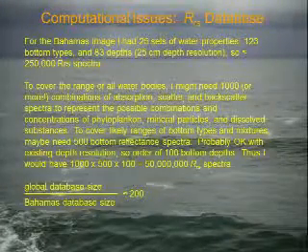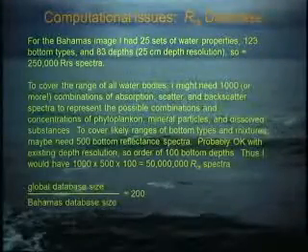And if we look at what kind of database I would need to do my spectrum matching on a global scale? Well, for this one little Bahamas area where I had some idea of what the water was like, I had 25 sets of water properties, and it was good enough. If I want to cover all the world's water types, from the Bahamas to Puget Sound to Monterey Bay to Antarctica to wherever it happens to be, coastal China, I don't know, I might need 1,000